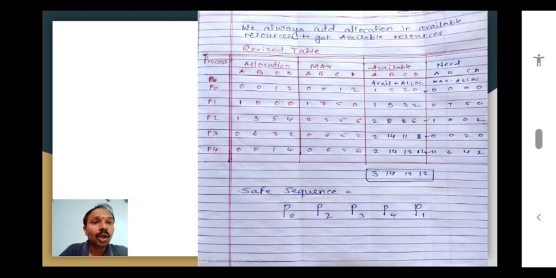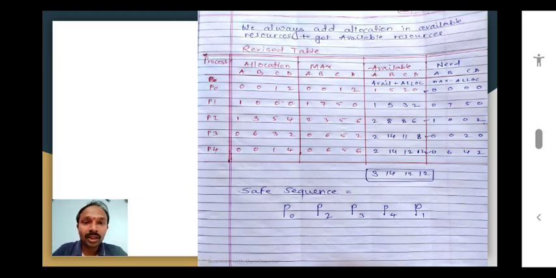Now for the process P3, I have the values 0, 6, 5, 2, from which I am going to subtract 0, 6, 3, 2. So I will get 0, 0, 2 and 0, right? And last is P4, wherein 0 minus 0, 0, 6 minus 0, 6, 5 minus 1, 4, and 6 minus 4, 2. Right, so have we got the answers for the need column?